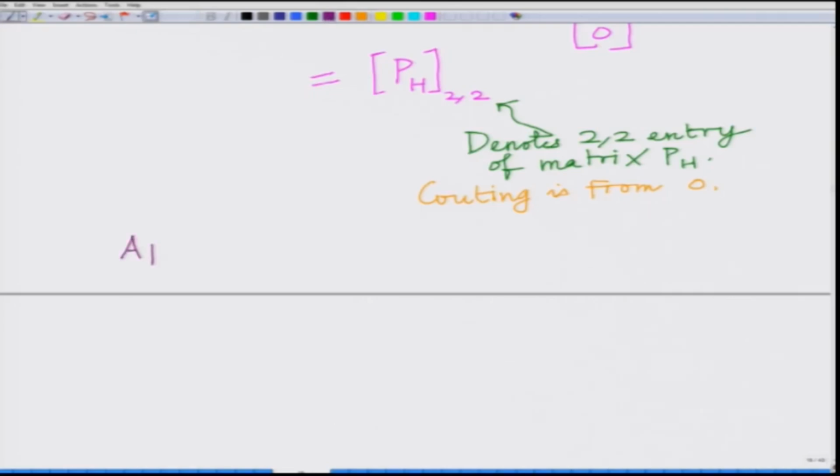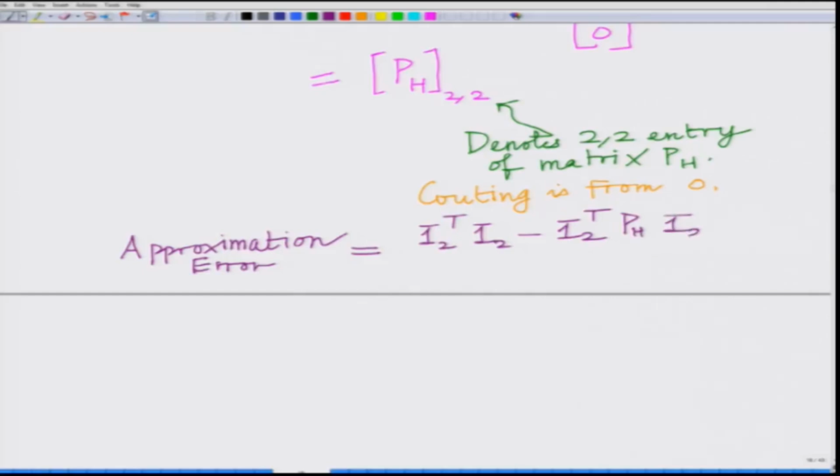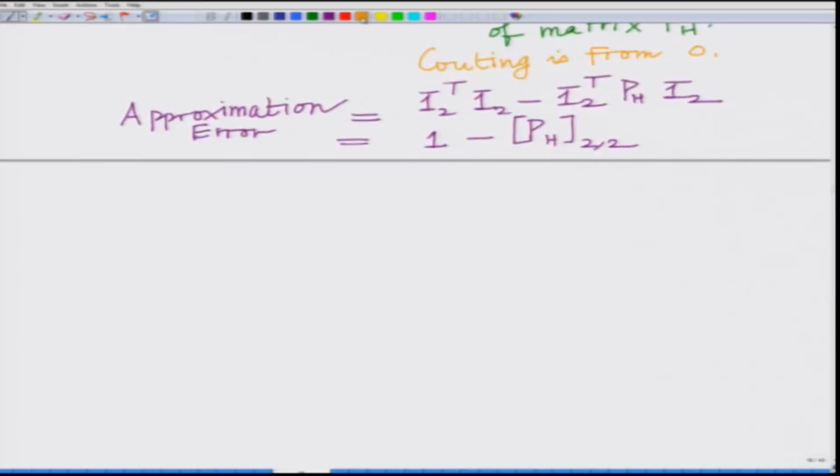And now, therefore, the approximation error is given as 1 minus, well, let us write it down completely, 1 bar 2 transpose 1 bar 2 minus 1 bar 2 transpose P_H into 1 bar 2, which is equal to 1 minus P_H(2,2). That is the approximation error. So, let me write this down completely, the approximation error